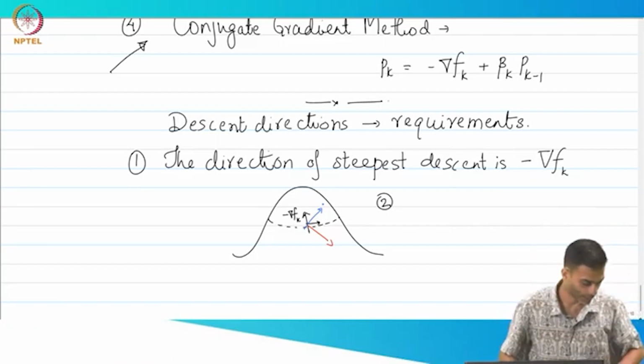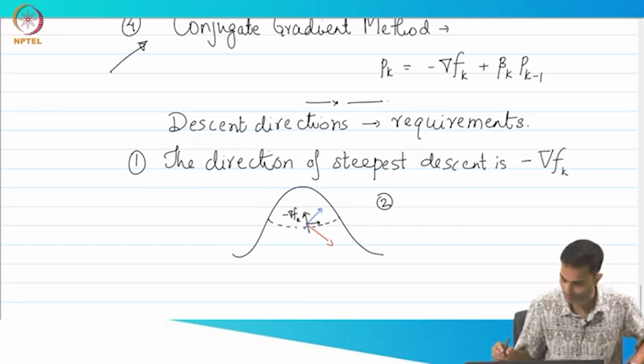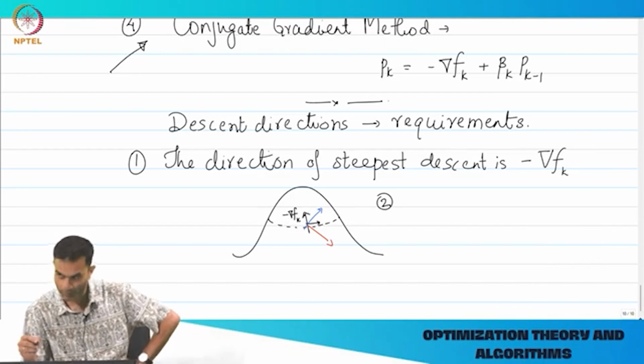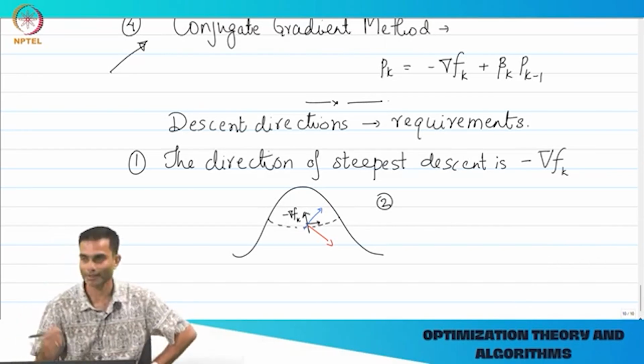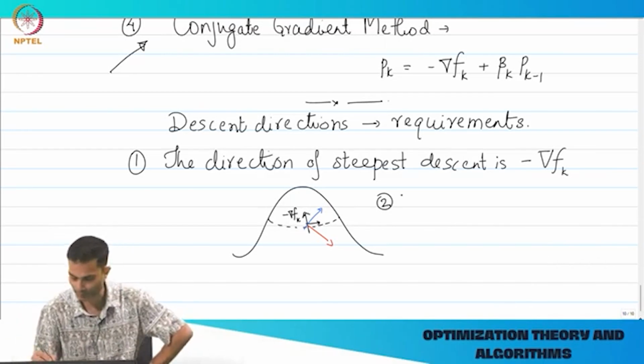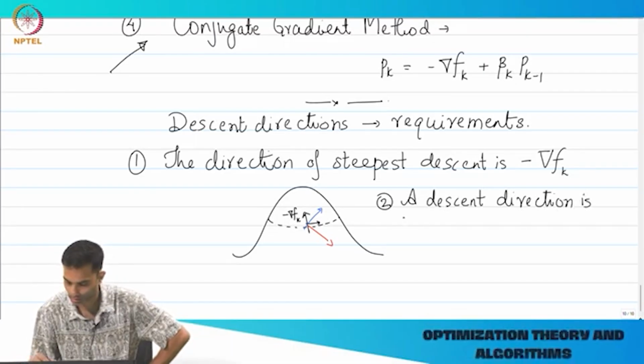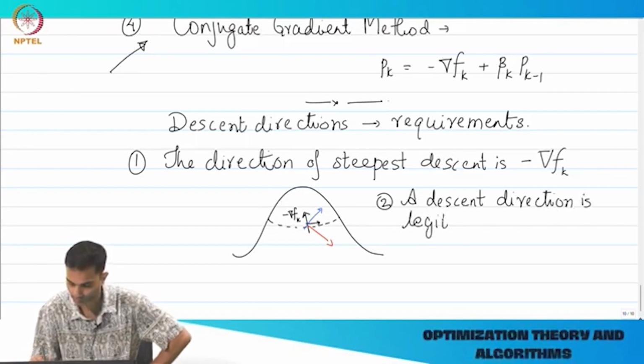So that gives us the second condition, which is related to the inner product, right? So we say that a descent direction is legitimate